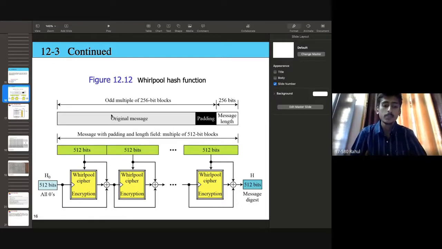In the encryption process, the XOR operation takes place between the plain text and the cipher key, and it produces the cipher text. After producing the cipher text from the first block, it acts as a cipher key to the next block, and the process goes on till the end of all blocks. At the end of the last block, the cipher text which we receive is the message digest. This process repeats for all the 512-bit blocks. But what happens in the encryption process, we will see now.